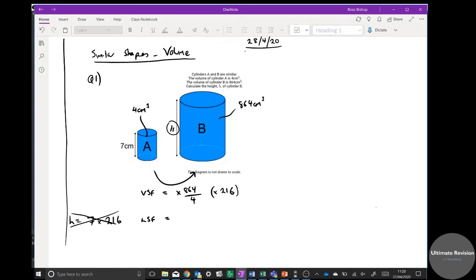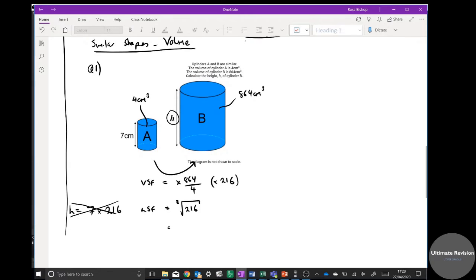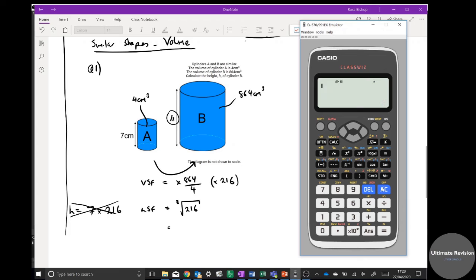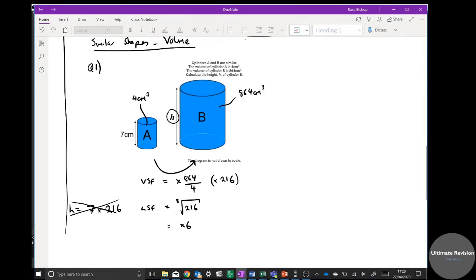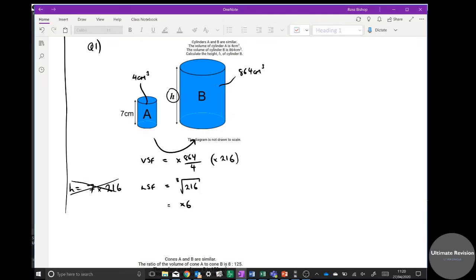Now to get from the volume scale factor to the length scale factor, volume to length is the cube root. So the cube root of 216: I press shift, and then above the square root is cube root. Cube root of 216 equals 6. Okay, so the length scale factor I times by 6, and now I've done that, it's very, very easy, because H must equal 7, follow the arrows, times by 6,